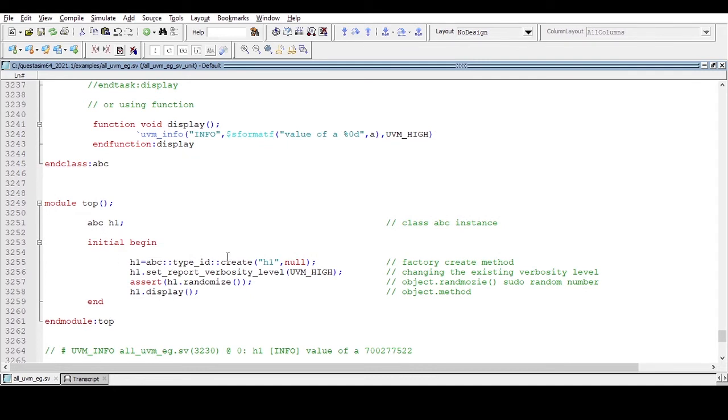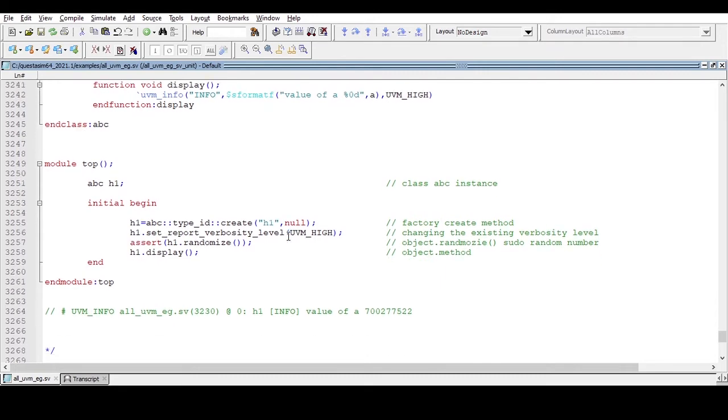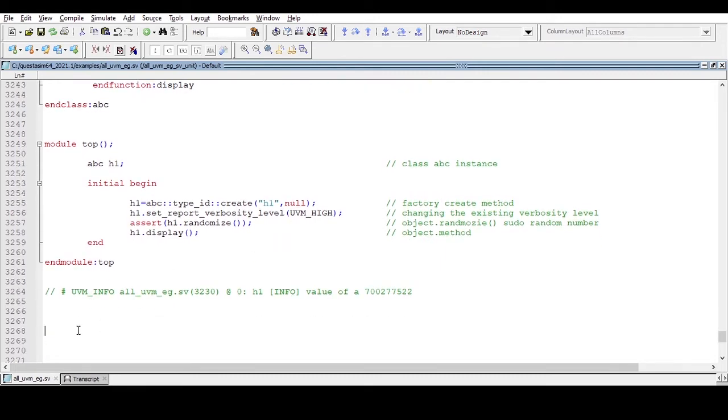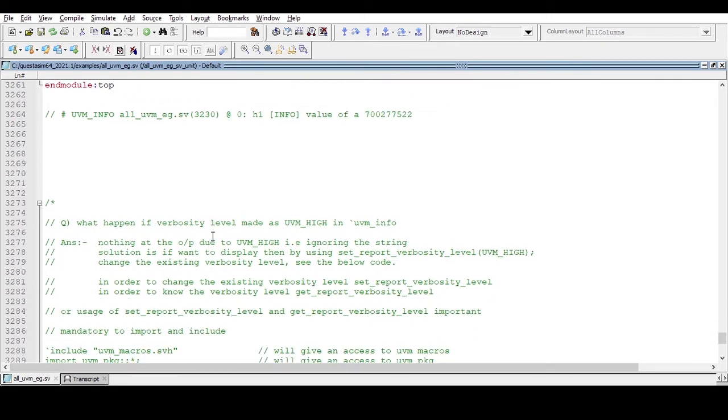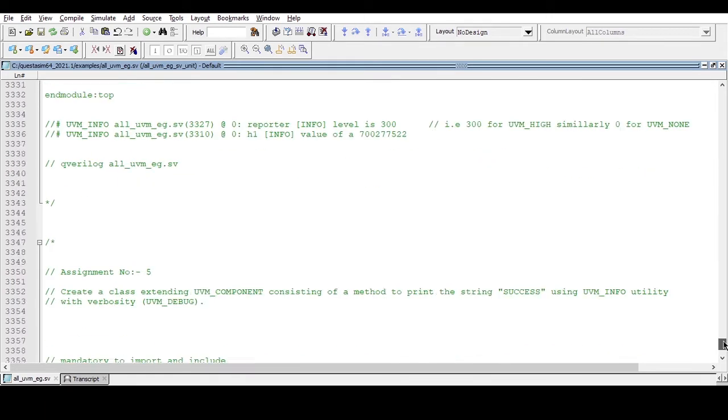In the top, just creating, and here I am setting that verbosity level, changing the existing verbosity: object dot set_report_verbosity_level, within parentheses UVM_HIGH, this verbosity. And now we will see this result.